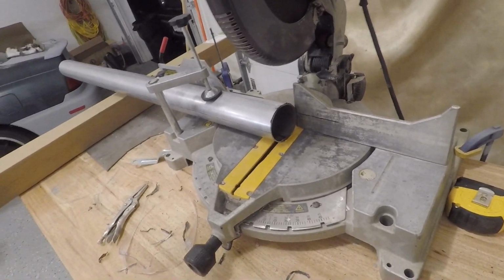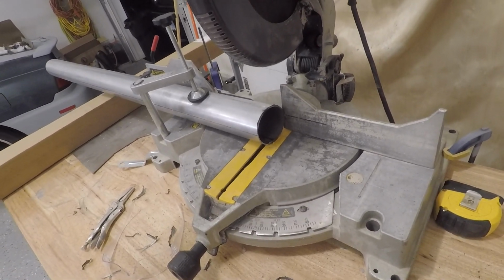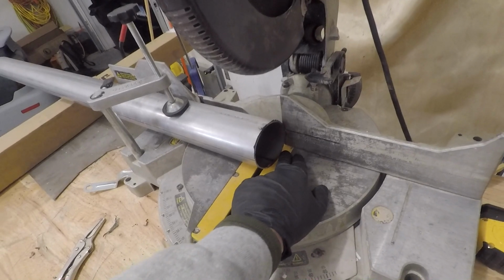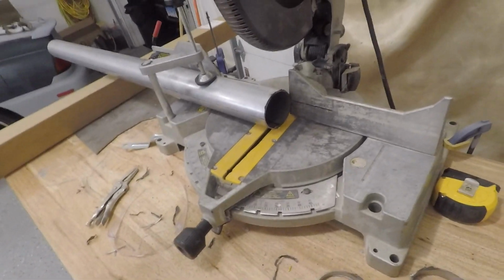I'm gonna be honest, it's pretty terrible. So hopefully, I don't know, maybe I'll end up using it. Maybe I'll make like a better base for this, like something out of metal. I don't know. It definitely needs some help though. This is like a huge fabrication tool. I'm sure that this thing will come in handy in plenty of scenarios, but I'll show you guys what I